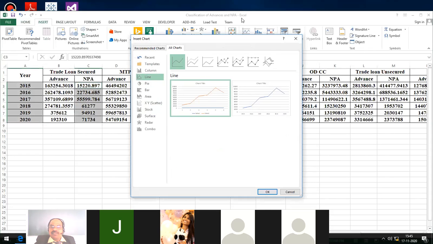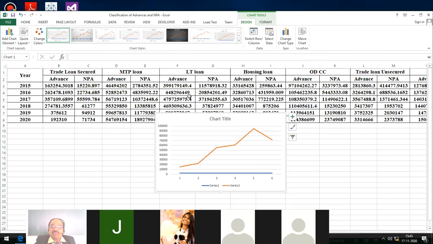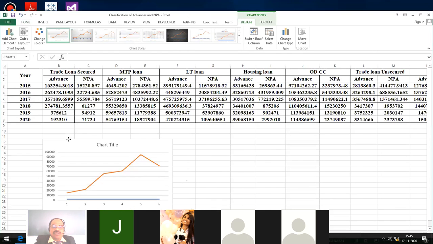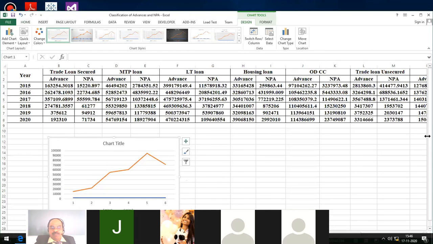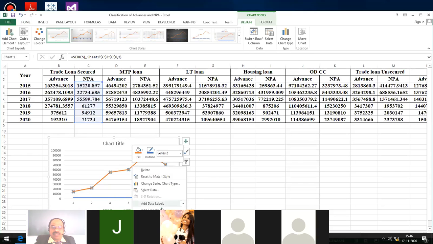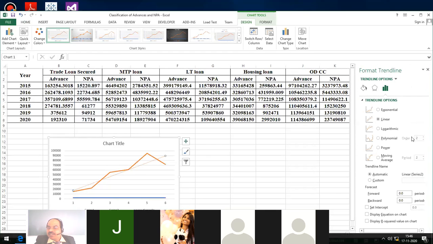Line chart. So you can see the chart of NPA for the years. First we'll have to check what the trend of this one is. In my view, add a trend line and see how the data is working. Let us see the linear trend, whether his data has a trend.